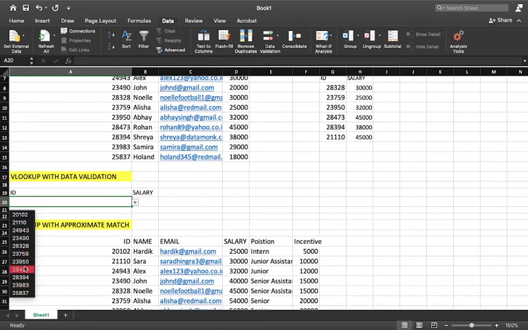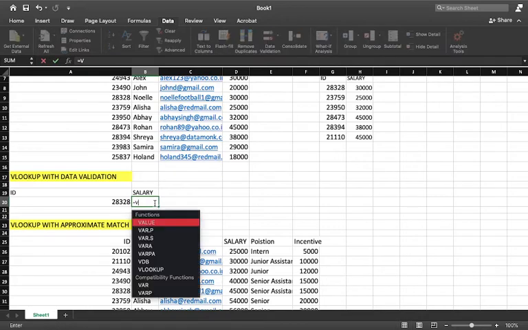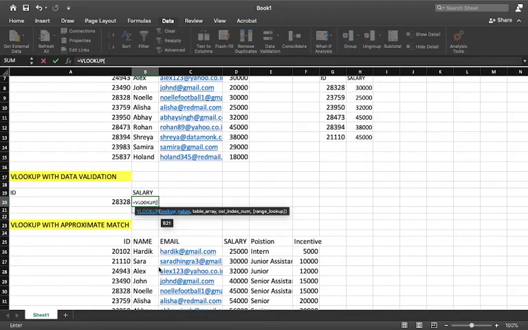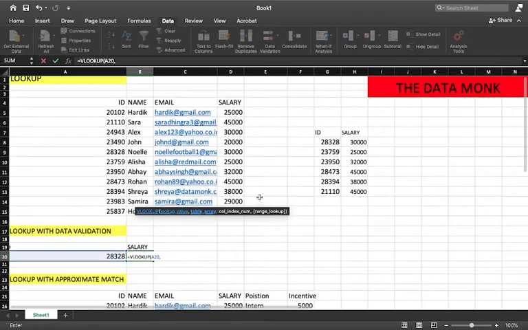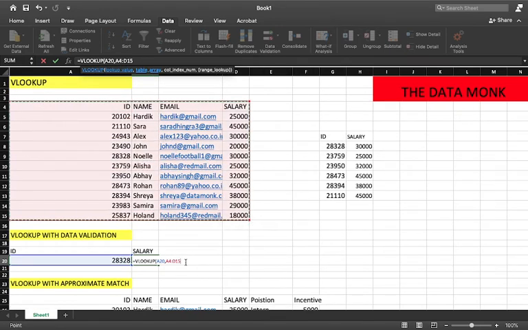So I'm looking for the salary for this, and I'll write my VLOOKUP function. My lookup value is this. My table array is this, right?